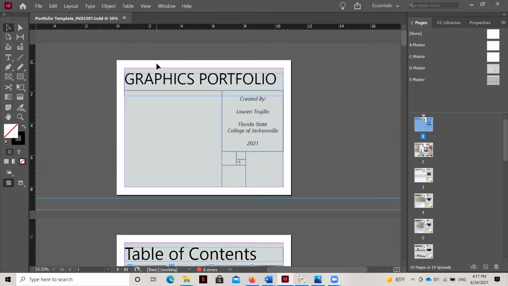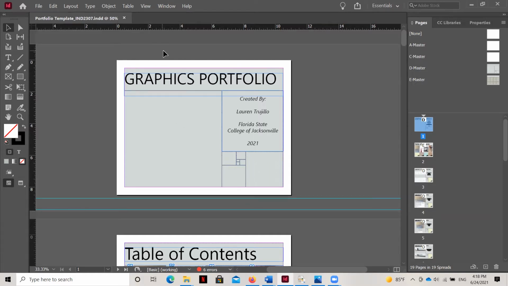So within PowerPoint, you just get to kind of pick the border and the graphics and how they look, and that appears over and over again on each slide. But with InDesign, you can create as many of those as you like, and you can select which kind of design you have on each slide, or in InDesign we say page of the portfolio.